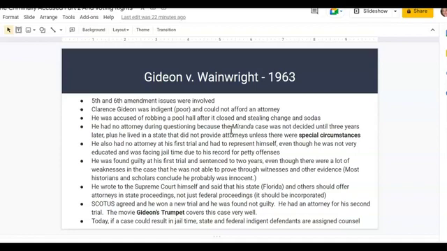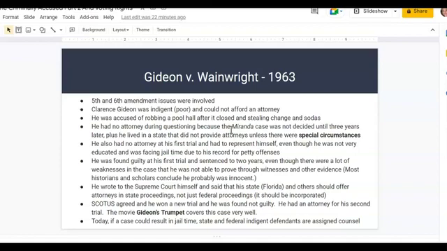And most historians and scholars now conclude, for a bunch of reasons I don't have time to get into, that he probably did not do this, and it was one of the eyewitnesses who was actually the person who did it. So when he was locked up, he wrote to the Supreme Court himself. He went to the library where he was incarcerated, got help from the employee that worked at the library. He managed to get some paper and a pencil, and he legit hand wrote a petition to the Supreme Court and said,